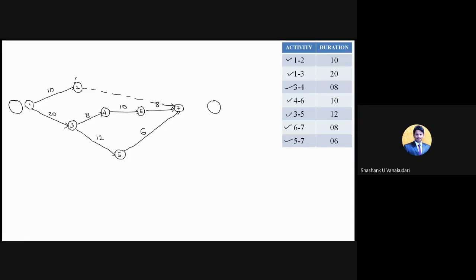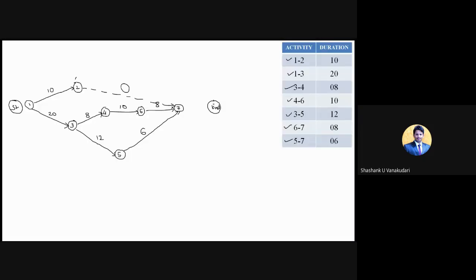Okay, so after providing this dummy activity, we'll get only one node at the end and only one node at the start. Clear? And as I told, as the name indicates, this dummy activity has nothing to do with duration and resources. So the duration will be 0, and it can be denoted in this way: 0, plus two holes, one below the other, and the duration will be 0 here, right?